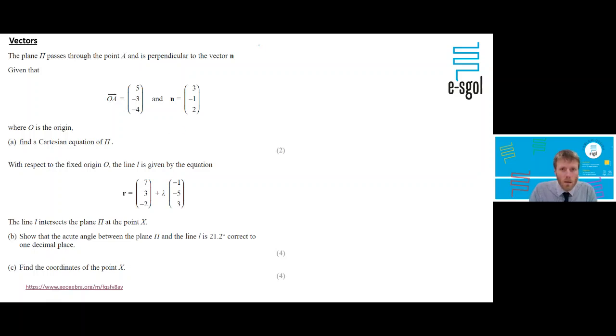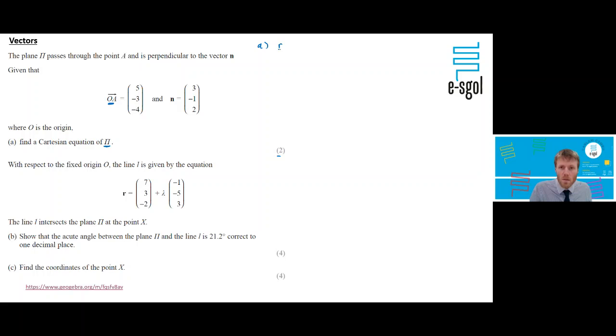It's only 2 marks for this first bit. We've got this plane, we've got the normal vector, and we've got a position vector on the plane. Find a Cartesian equation of the plane, and usually they use a capital pi for the plane. So we are going to do,